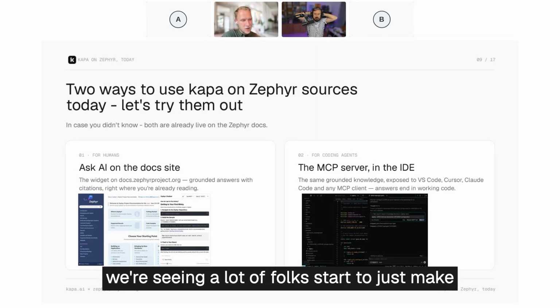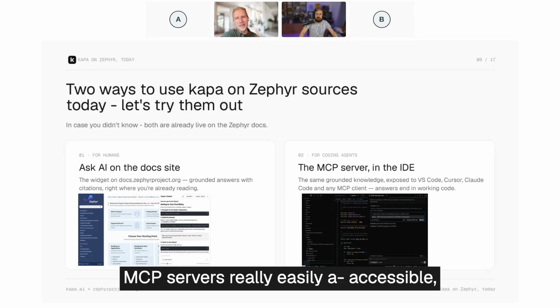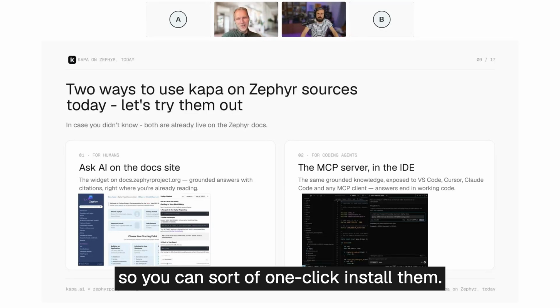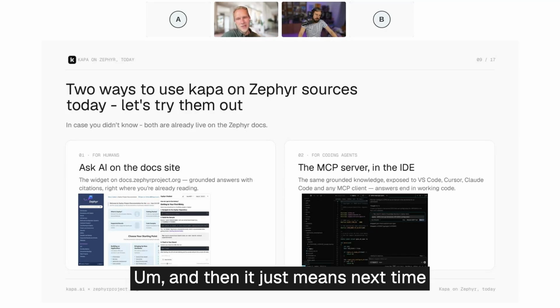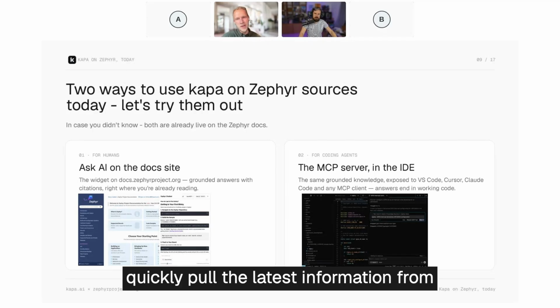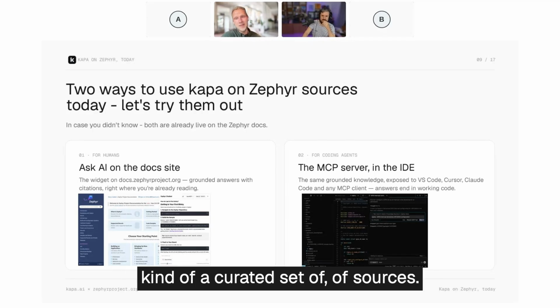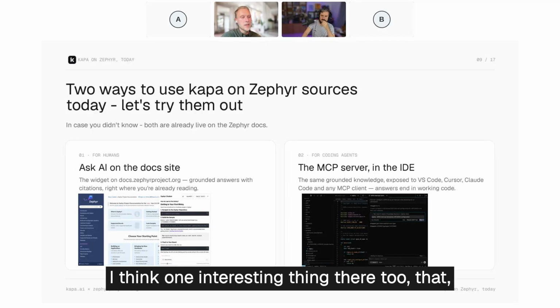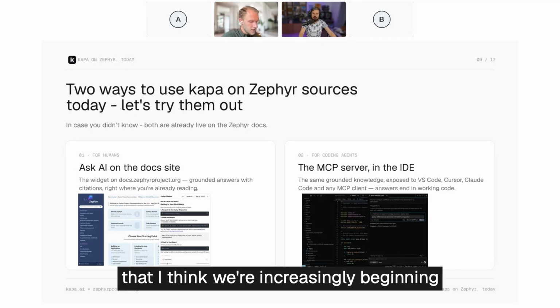I think we're seeing a lot of folks start to make MCP servers really easily accessible, so you can one-click install them, and then it just means next time Claude Code is trying to work through stuff, it's able to very quickly pull the latest information from a curated set of sources. I think one interesting thing there too that we're increasingly beginning to see is,